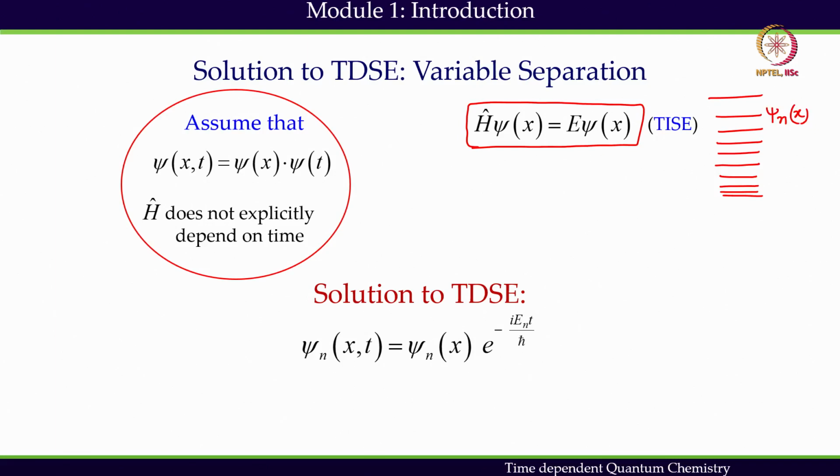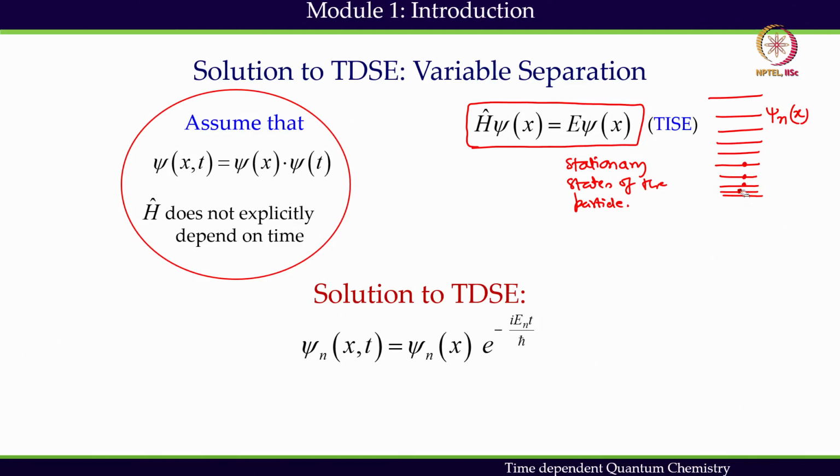So TISE generally gives a set of physically meaningful solutions to the equation, and this set of solutions actually represents possible stationary states of the